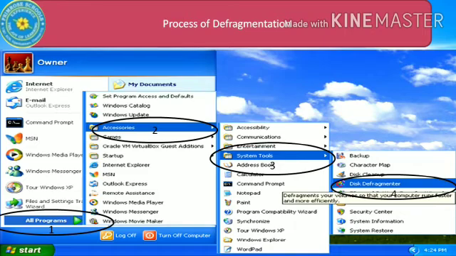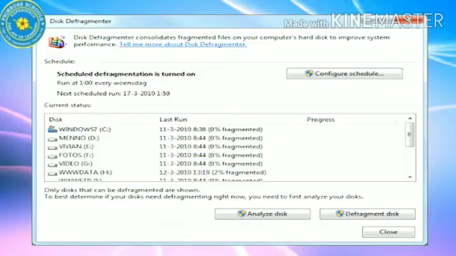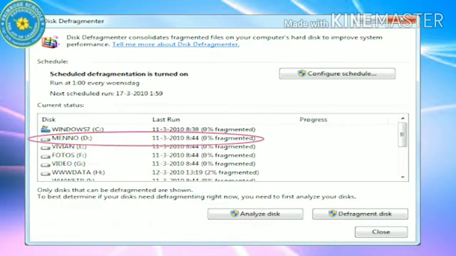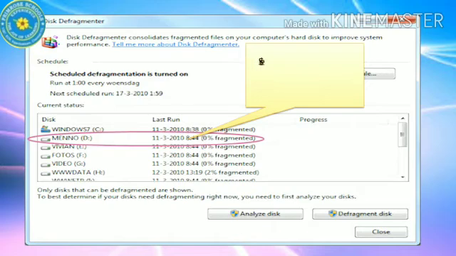Start, all programs, accessories, system tools, and as soon as you click on the disk defragmenter option, the disk defragmenter dialog box appears. In the dialog box, you may need to choose the disk that you want to defragment. So, select the disk that you want to defragment.